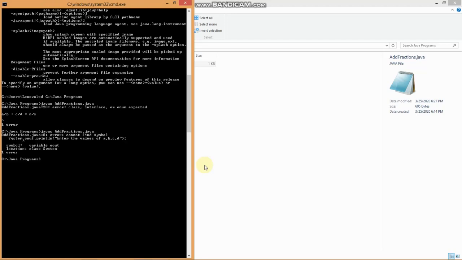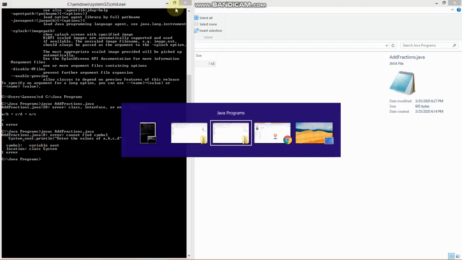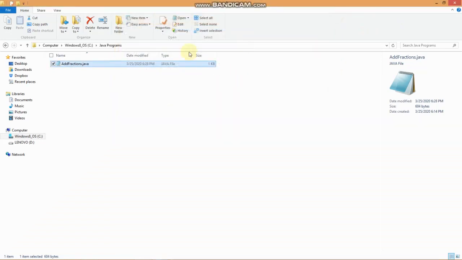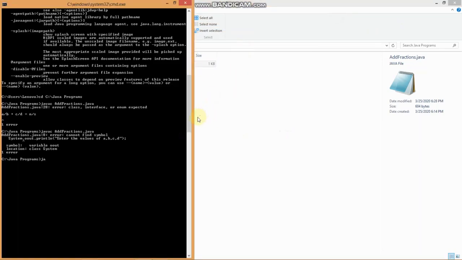There is one more error. We have used OOUT. It is just OUT. You have to change this over here. So again, go back to that. Here, make this OUT. Save the program. Close it. Come back here. javac AddFractions.java. Now enter. There are no errors now. If you get the same thing again, it means that there are no more errors and you can continue to